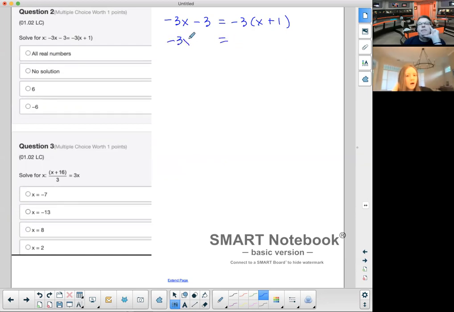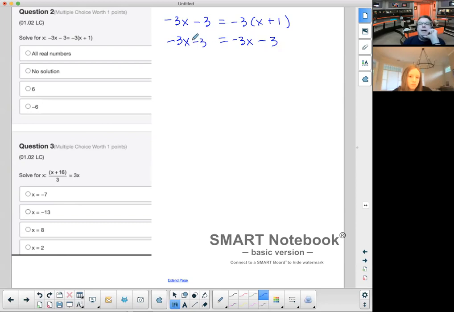Nothing I can do on the left side. So do you know what we need to do with this negative 3 and the x plus 1? Negative 3x plus negative 3. Okay. Can we go ahead and write that as minus 3? Yeah, because you have to switch the sign. Negative times a positive is a negative. So we should see that